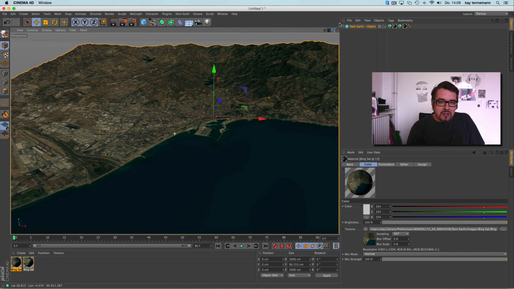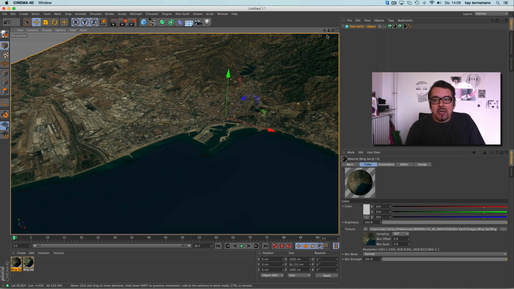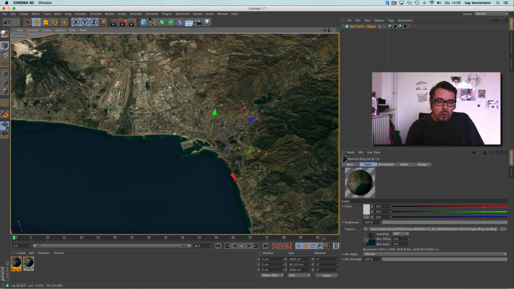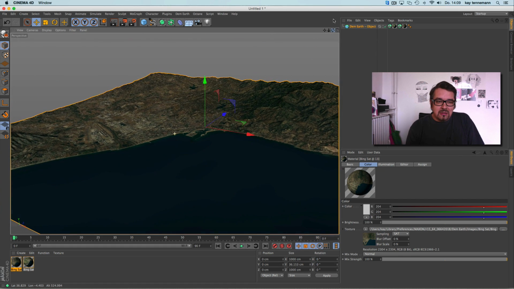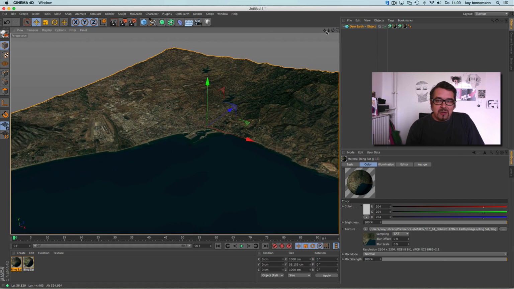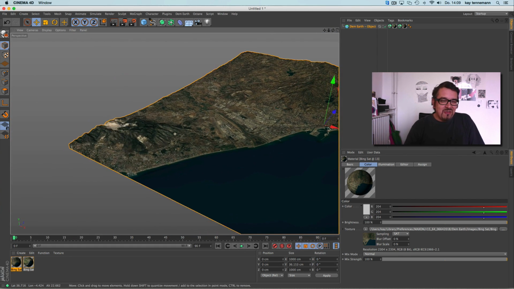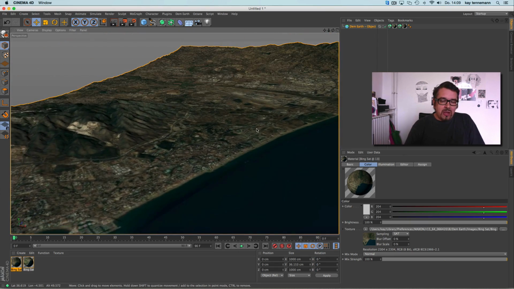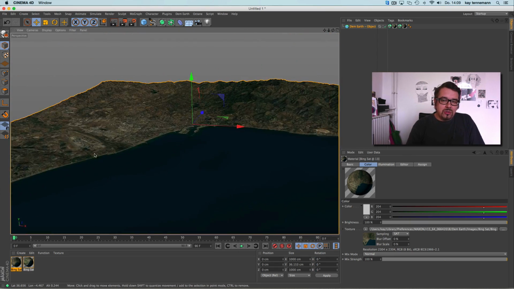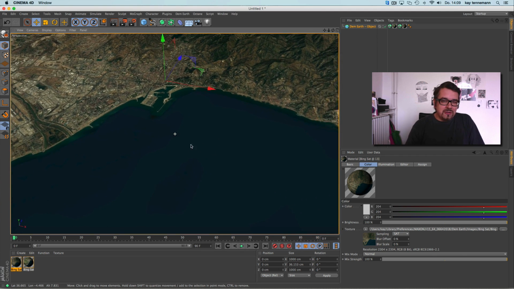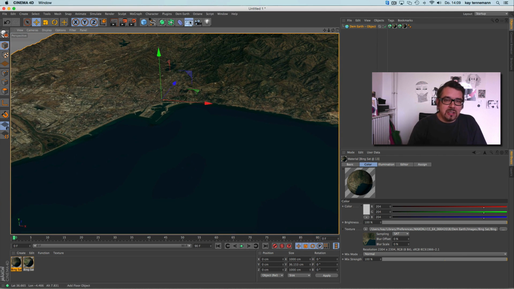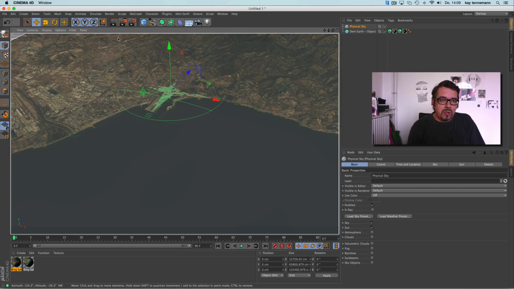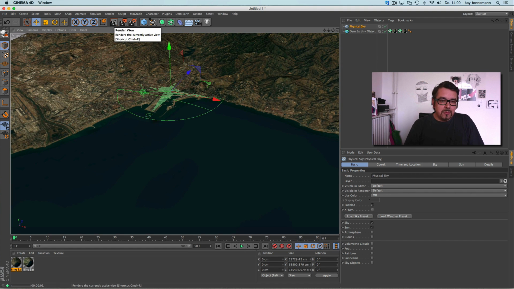So it's very great, and I chose Malaga because Malaga is great. It has this coast and some mountains. It's a very cool place for showing you DEM EARTH. And when I now want to make a shot out of this, of course, for the moment I just get the physical sky. So we have a default light, that's cool.